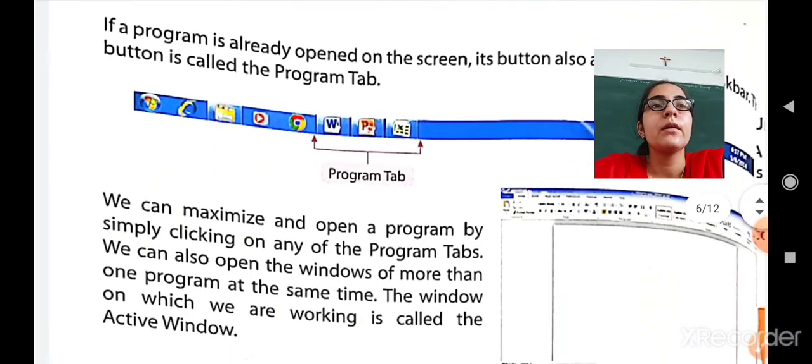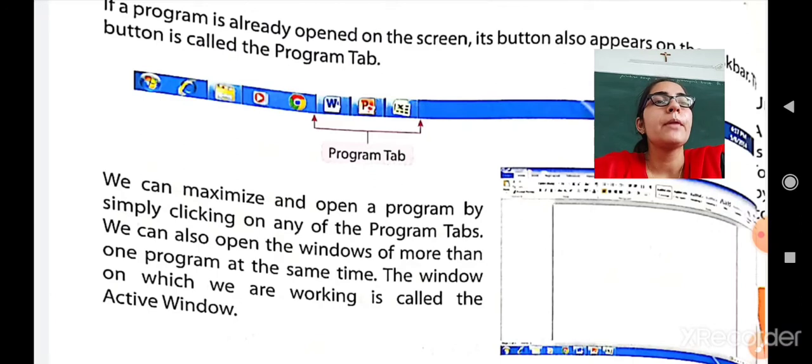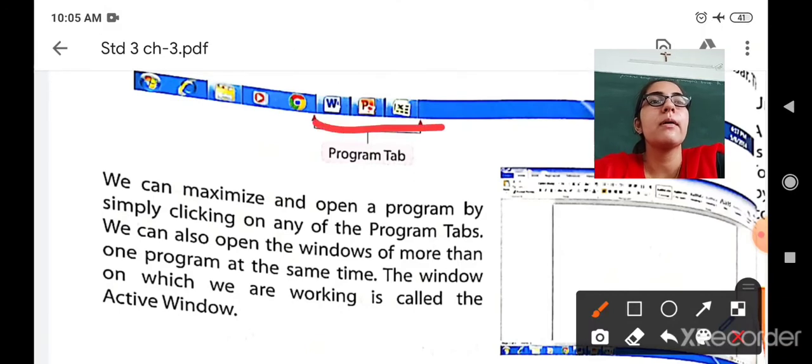Okay, we can maximize or open a program by simply clicking on the program tab. So if you have minimized your program and now you want to maximize it, and start working again on Microsoft Word, Excel or PowerPoint, then you have to just click on this program tab. Just use the left mouse button and left click on any tab and it will open.